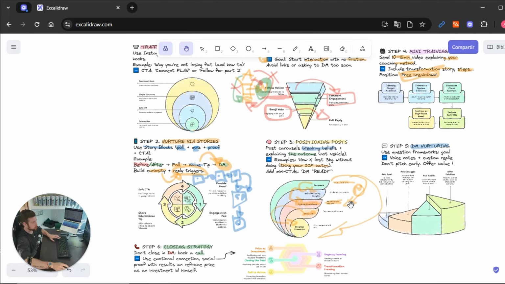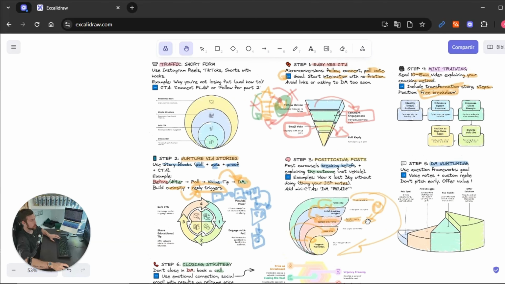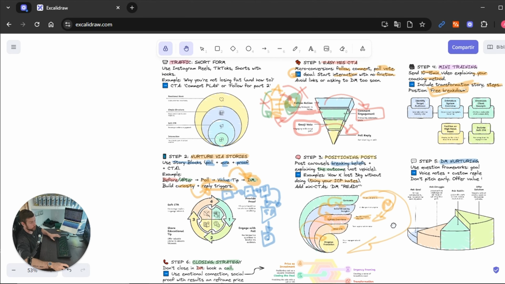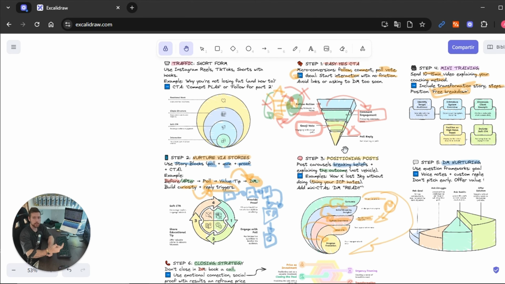As you are seeing, what I'm explaining to you here has a lot of things, a lot of steps. So if this is really overwhelming for you, you can just have a setter in your team. A setter is a person that will be sending DMs on your behalf, and you don't even need to worry about this. And this person will not cost you any money.